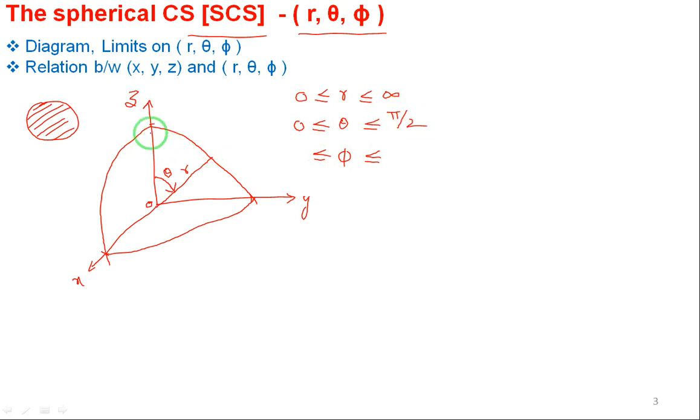But in the diagram you can see here, the 1/8 piece of the sphere. If the projection of r is taken onto the xy plane, I will take the projection of r here, onto the xy plane. So this is making angle phi. This is making angle phi.